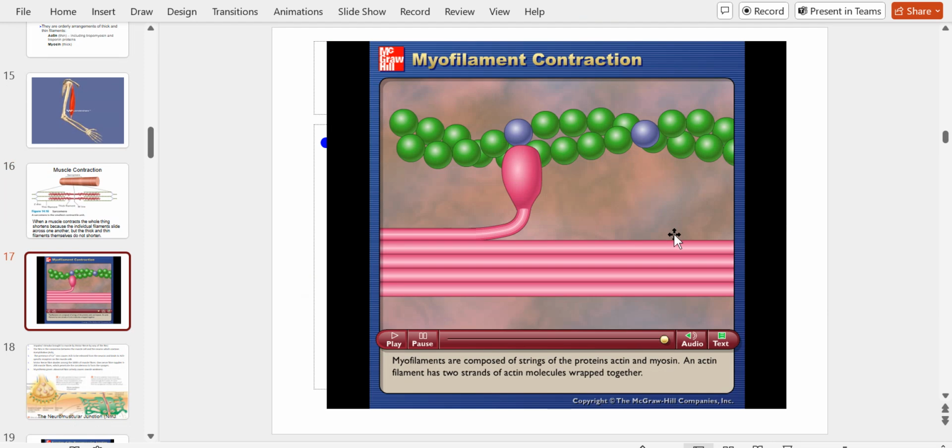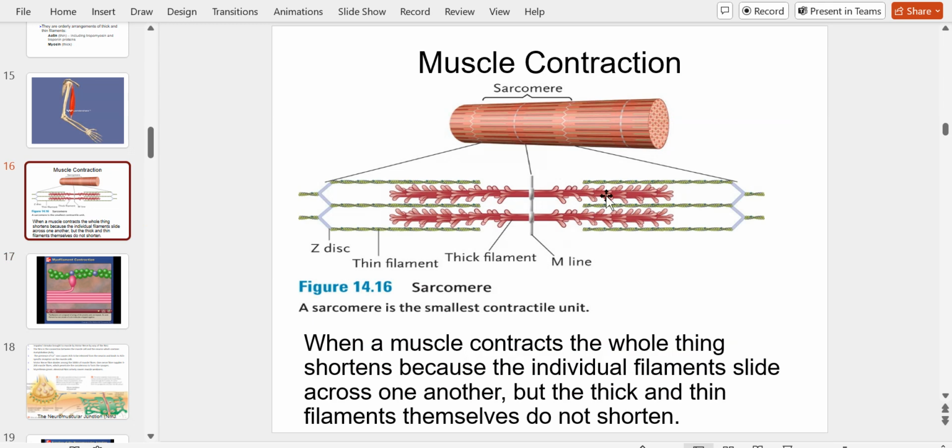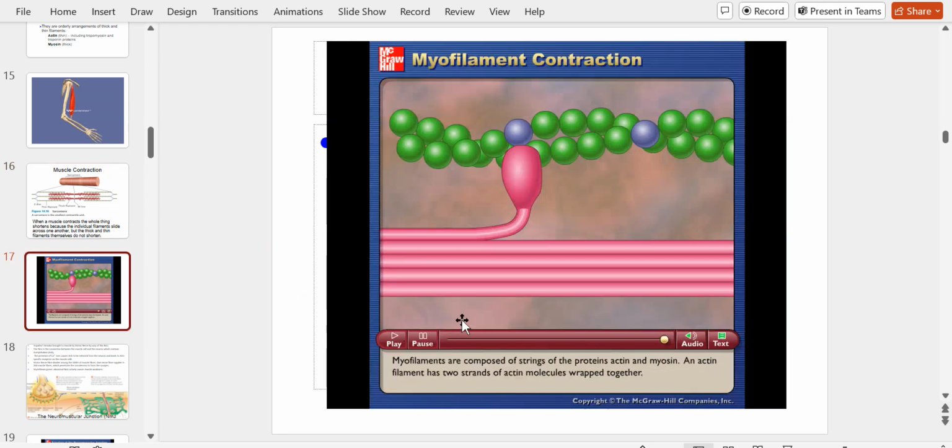This is a good little shot here. You remember I told you the sarcoplasmic reticulum releases calcium. The sarcomere only fires in the presence of calcium. That's true. And you'll see there these proteins, troponin and tropomyosin. They are involved in